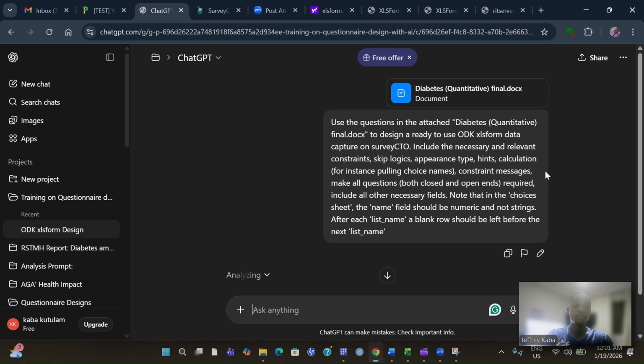Once it's done, we'll pick our final output. We'll go through them one by one now, and as much as possible explain what Chat has done, and that is to tell you whether it's been able to provide us with the final output as we want it to be. It's been able to include the constraints, the escape logics, the appearance types, the hints, and a caveat here. If you want to use it for advanced designs, you may not get that